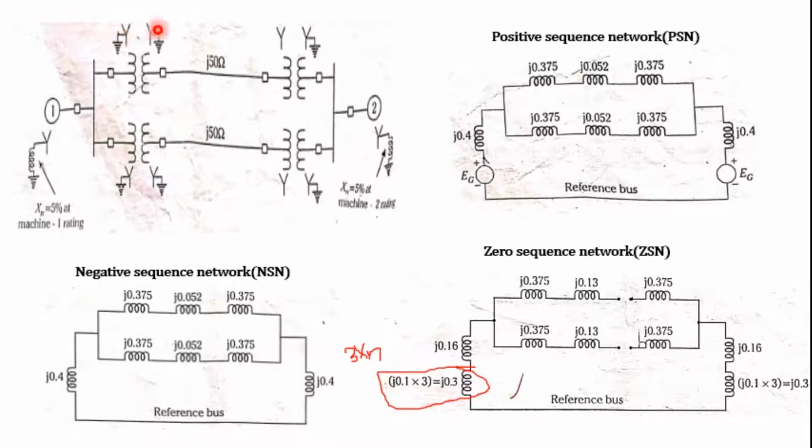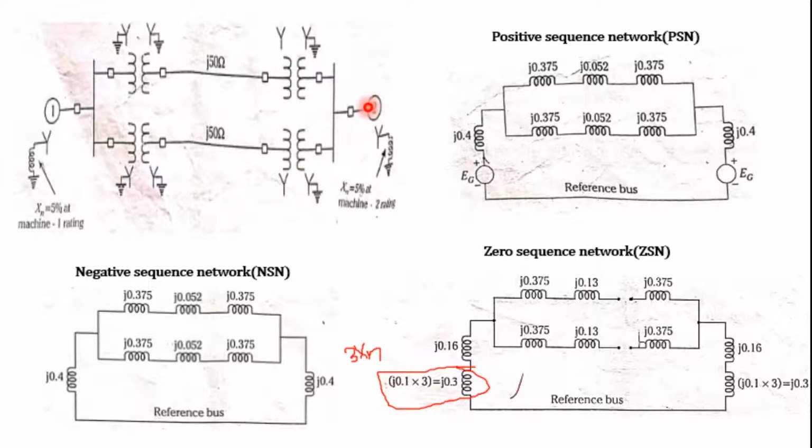Then the transformer: look into this transformer, both sides are grounded, so both series switches get closed, and for this transformer as well. And looking into these transformers, the primary star is not grounded. Not grounded means we are not supposed to close the series switch, it is open, for both the transformers, upper and lower.